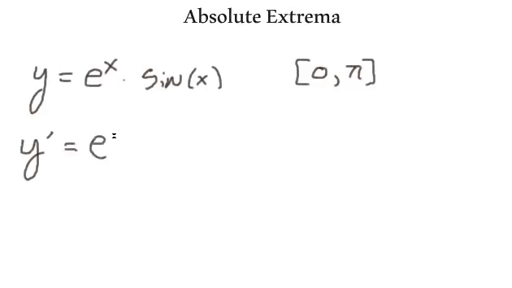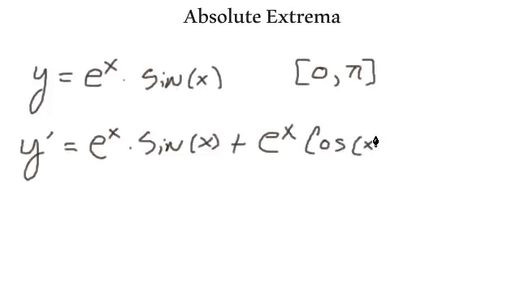Derivative of e to the x is e to the x, and then rewrite, plus rewrite e to the x, and the derivative of sine x is cosine x. Okay, check out my video on derivatives. I'll have a link and you can click on that if you forgot how to do this. I'm going to factor out that e to the x. So let's factor e to the x out, and we're left with sine x